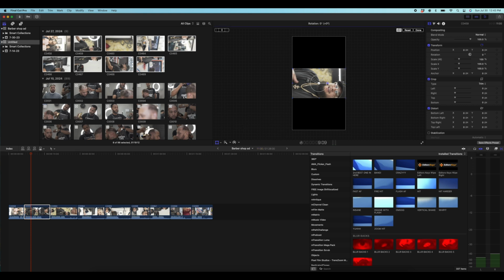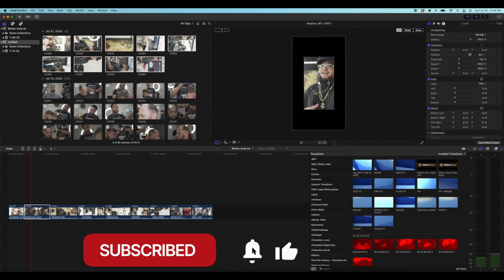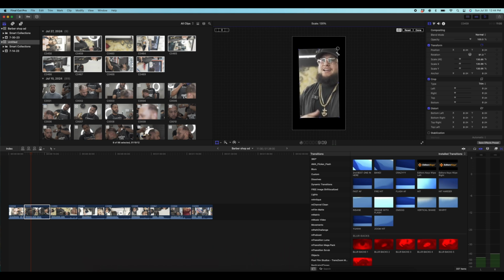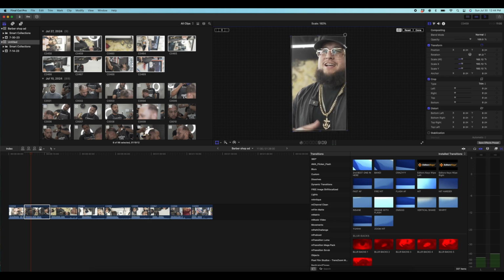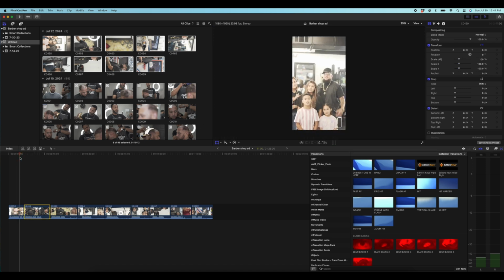I usually hold down the command button and then I just stretch it with the mouse, and that's how you get it fit. But I'm gonna hit Control Z and Control Z again to show you a trick here. Since this is already edited and just stretched to what I wanted vertically, what you do is click